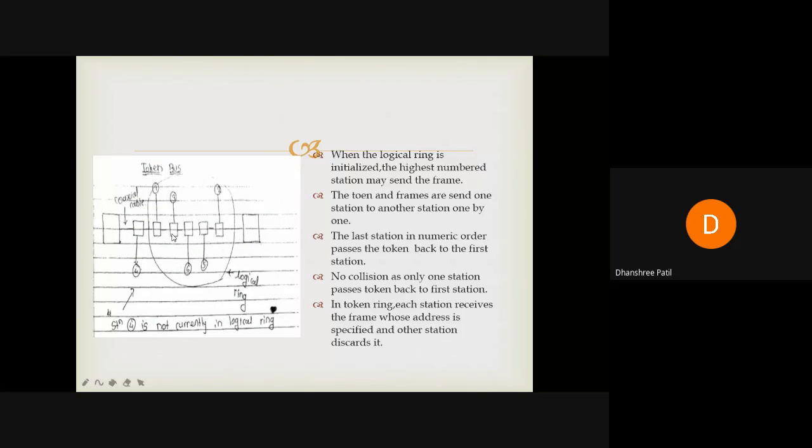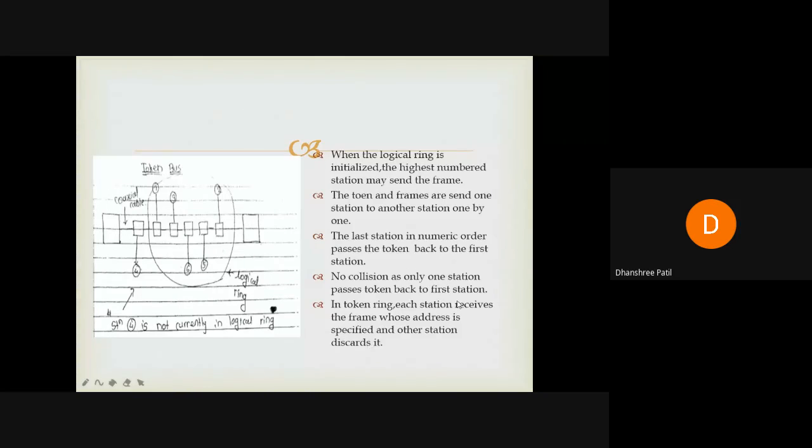So until station number 3 passes the token to the next station, the next station cannot send a frame. So one by one every station will get a token, and only then will it transmit the frame. So obviously there is no chance of two stations sending a frame simultaneously. That is the reason it avoids collision, meaning there is no collision in case of the token bus.